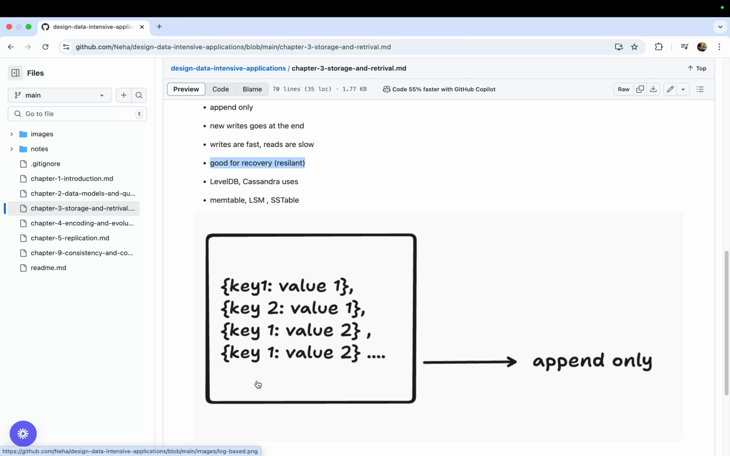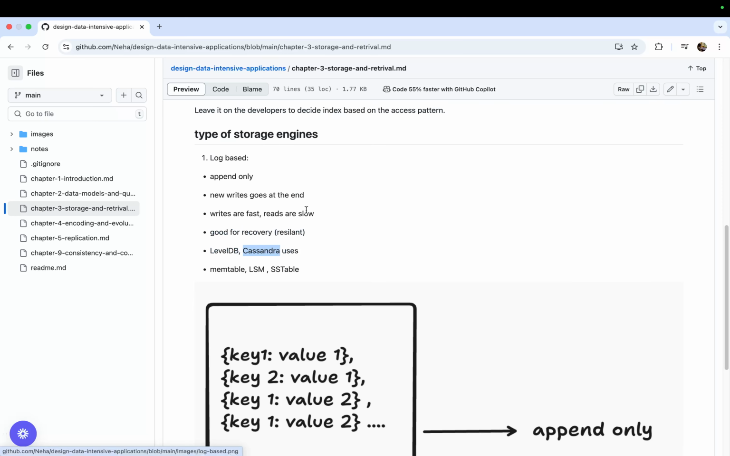So at least you will have something, so it's good for recovery. Now which databases actually use it? LevelDB and Cassandra use this log-based storage engine. So now as an engineer, developer, architect, when you are thinking about which database or storage engine to use,